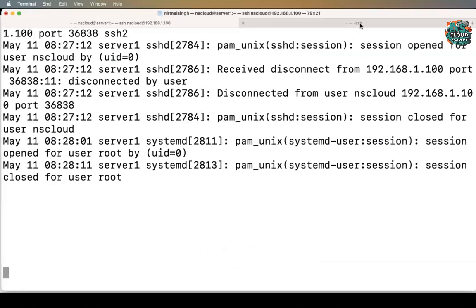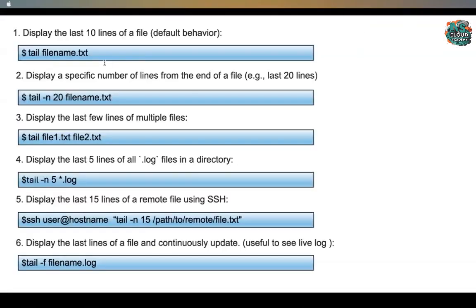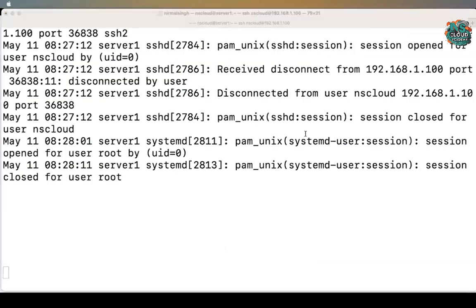Okay, are you able to see? Now here it is. So when changing the terminal, it is okay. Now you are able to see, right? So let's suppose